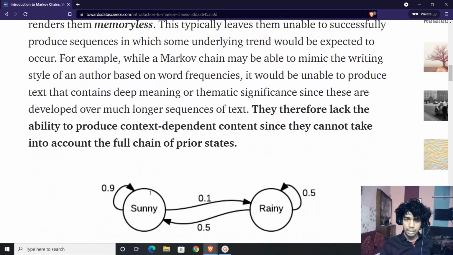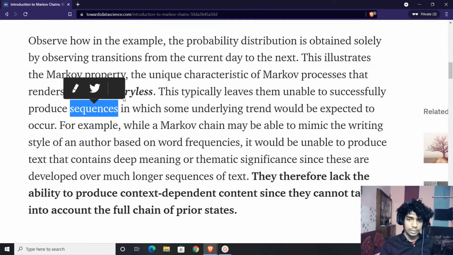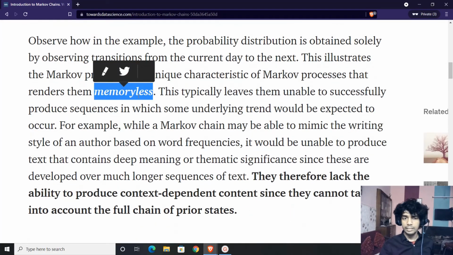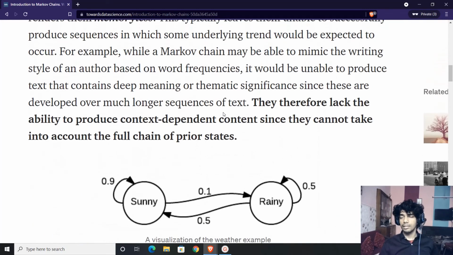Now, there is one other thing, which is that Markov processes are memoryless. If it is memoryless, that means it will never have a context understanding. Let's say we are trying to generate text out of text using Markov.